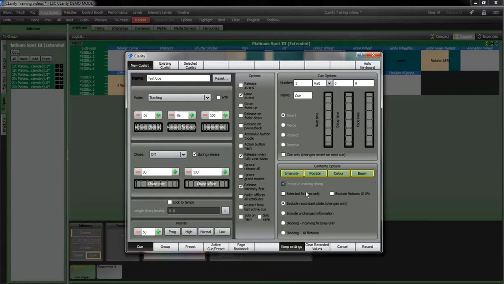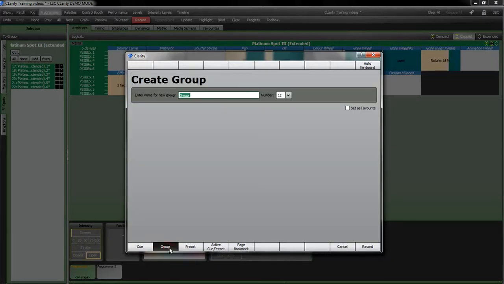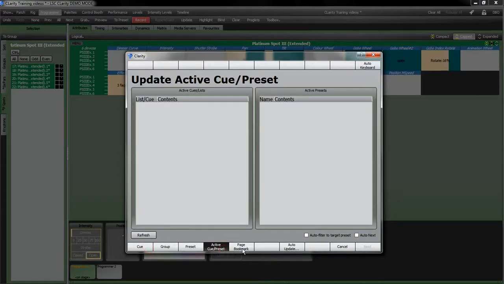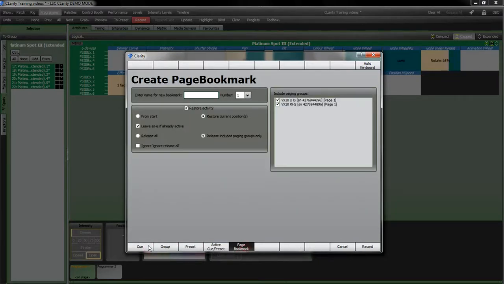It comes in here and says exclude redundant state changes, which means if you're overwriting something that's already going on, it just excludes that change because it's redundant. You can include unchanged information, blocking incoming fixtures only, and blocking all fixtures. Down here you've got your queue. You can make it create a group, a preset, active queue preset, page bookmark,